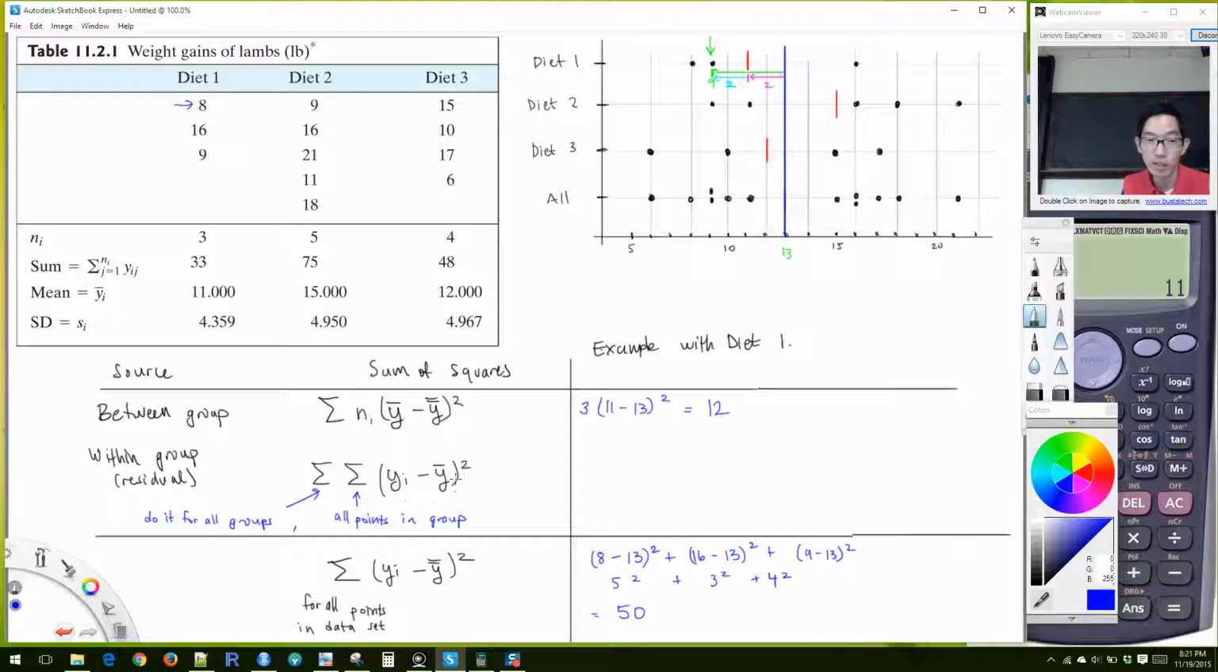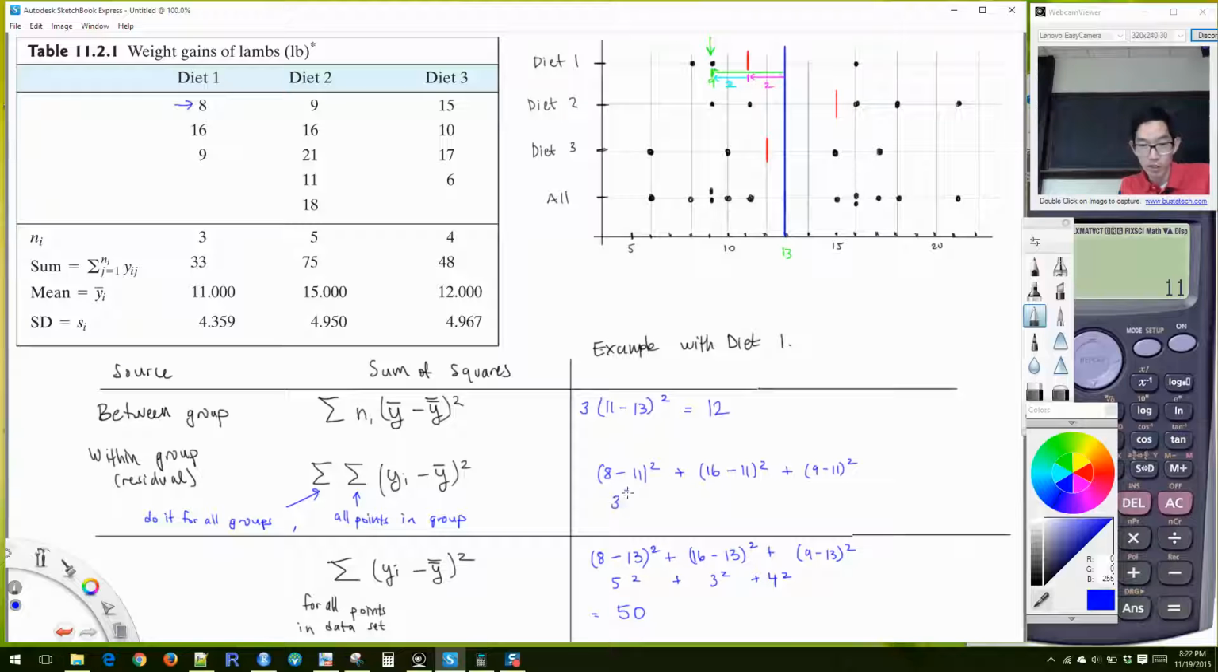Okay, and then lastly, let's look at this within group. So within the group, the first lamb gained 8 pounds versus his group average of 11. So we're going to square that difference. The next guy gained 16 versus his group average of 11. And then the last guy gained 9 versus his group average of 11. Or her, whatever. So 8 minus 11 squared would be 3 squared,